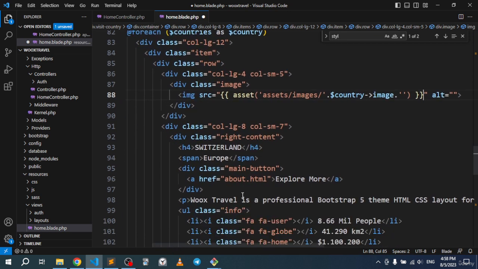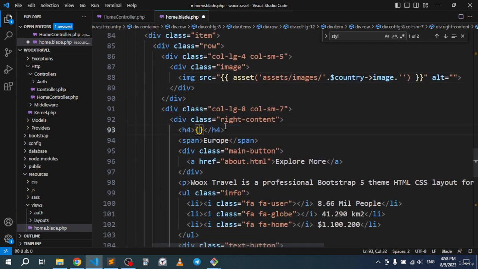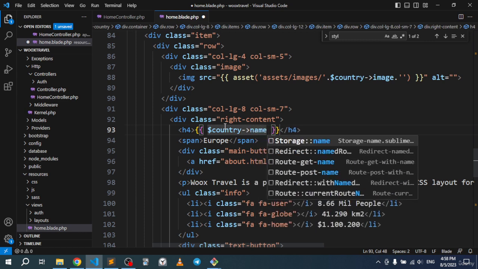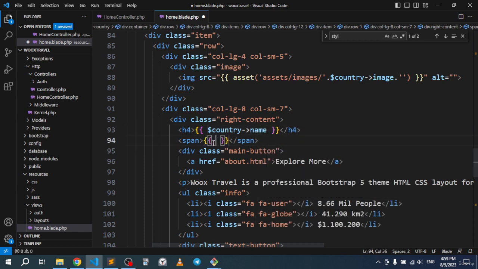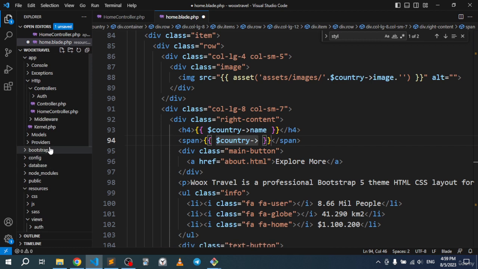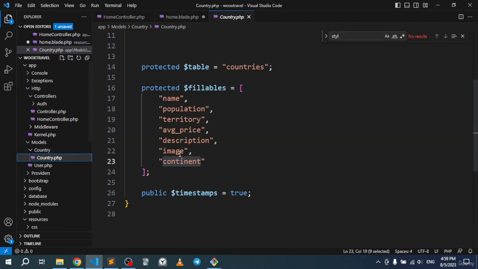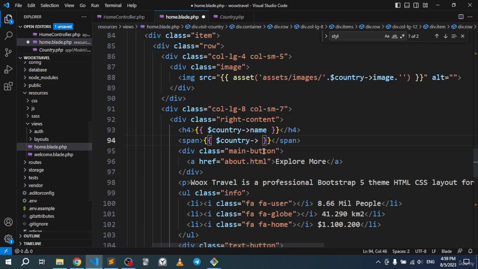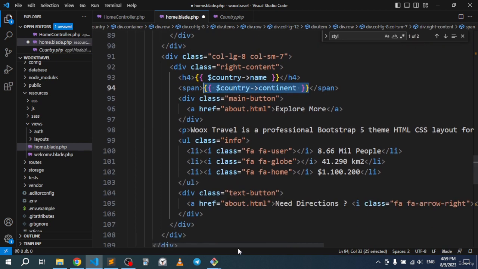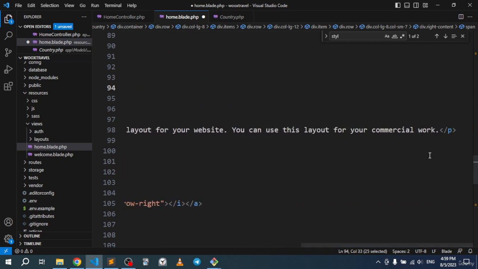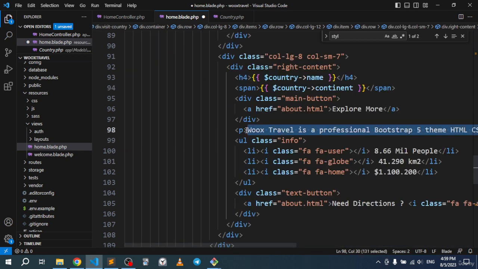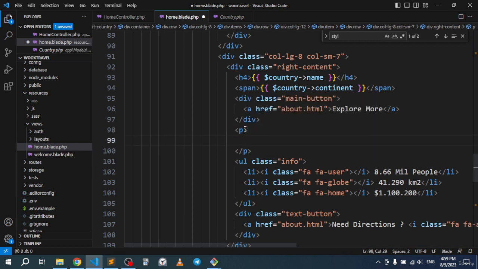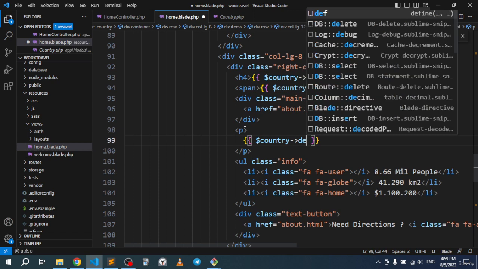So let me see, there is actually the name right there. So if I just go right here and if I paste in name, and there is the continent, let's paste this in, and this will be the continent. So let me go to the model and let me pick up the word so we do not miss anything up. So let me copy and paste. All right, so right after this, if we copy, I guess that this is the description right there, this whole paragraph. So let me go ahead and remove and paste. So this will be description,